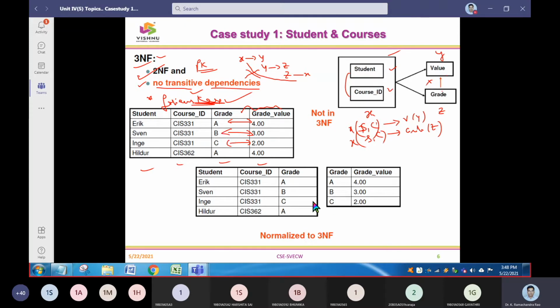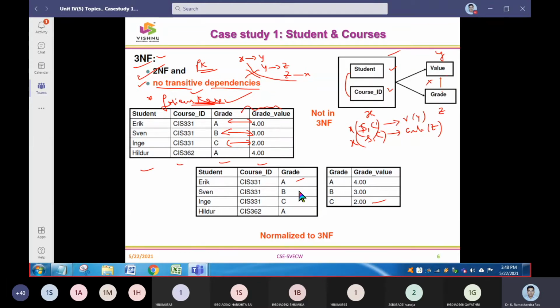Even in your mark list, every course you will get A grade, O grade, B grade. But at the end only you will get the grade value, CGPA or SGPA. So it is a cumulated value. But every grade is going to have some range. You got O grade in one subject, that means you got 90 above. You got 80 above, you will be getting A grade.